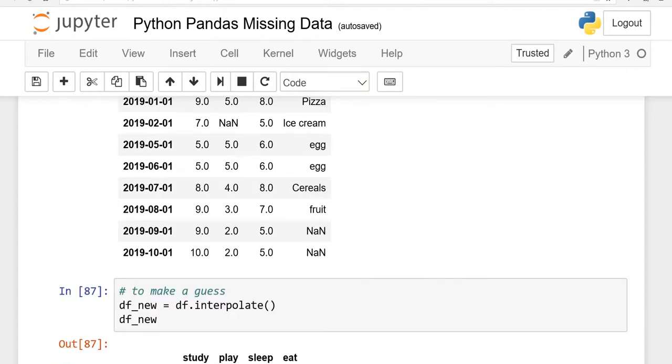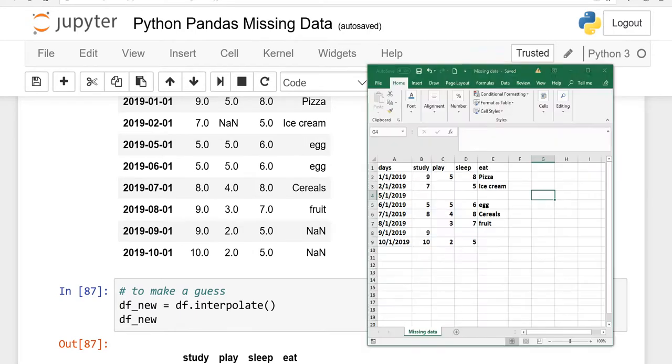Okay, now move on to interpolate function, and I told you interpolate function will make a guess for you. First I will run this, then I will show you what is the meaning of this. So see here, we have a study column and you have spent 9 hours on January 1st, 7 hours on January 2nd, and then January 3rd and 4th are missing, and January 5th is blank.